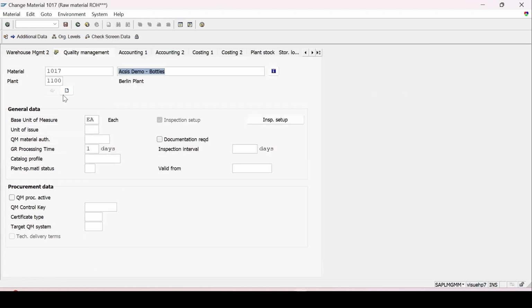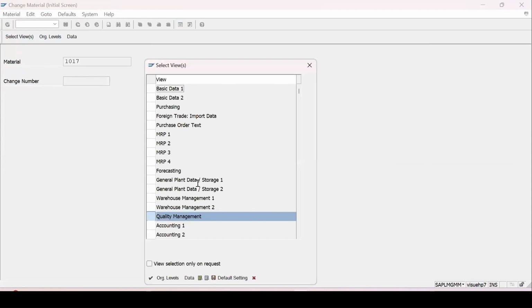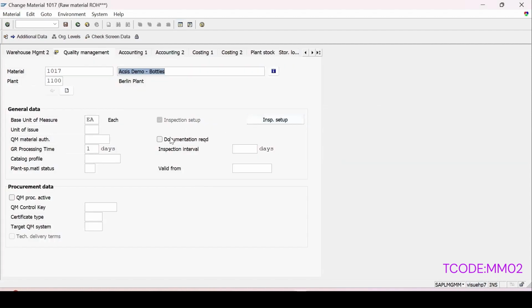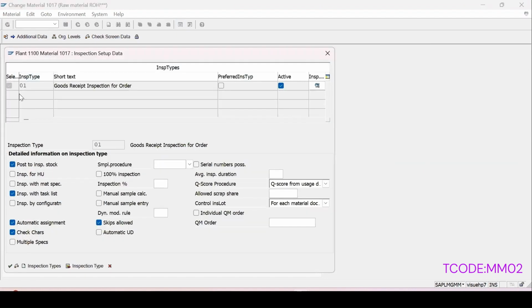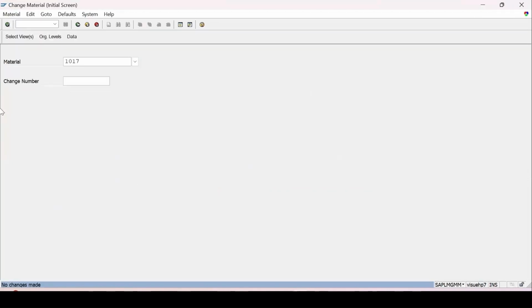So now if I go to the change mode, it's already in the change mode, press enter. And the quality management view, my plant is 1100, enter. And in the inspection setup here, now this checkbox is checked. If I click on this inspection setup, now inspection type 01 is active. And if I want to activate inspection type 01 in all these materials, so let me check this same material,